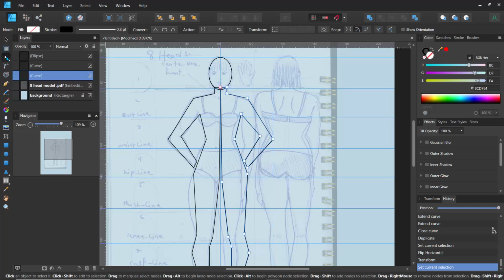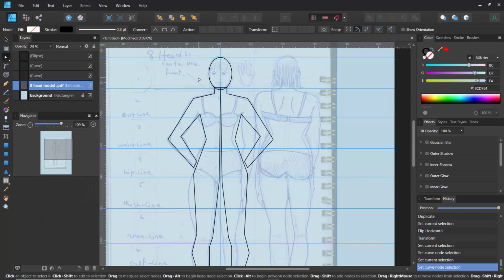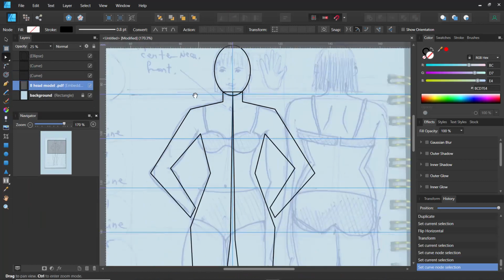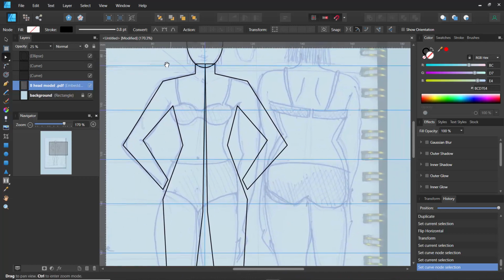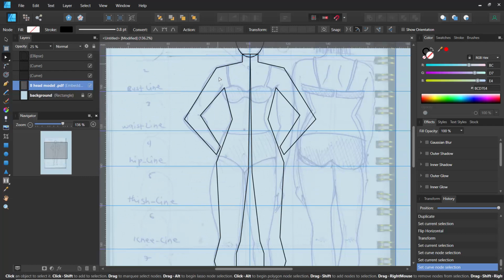So let's go back to the node tool, and what we can do is to begin to join these two shapes together into one shape. So I'll hold the control, click on this, and what I can do is we can just right click, and if we want we can merge this shape together, but hopefully you get the idea. So that's just going to be a quick tutorial on how you can create the path to represent your